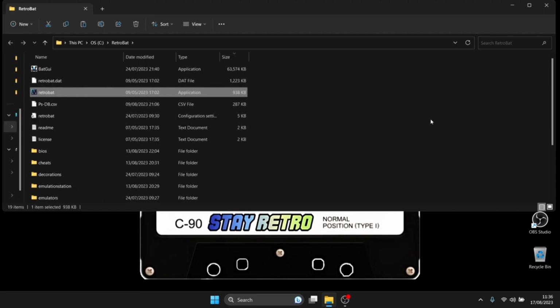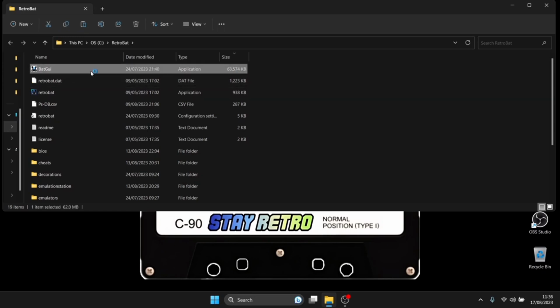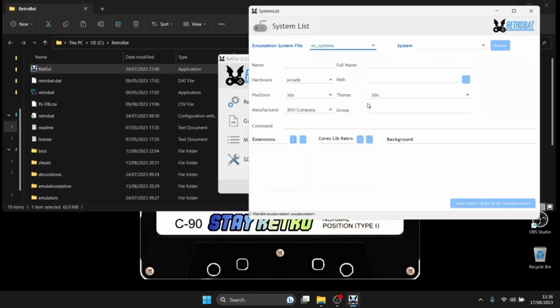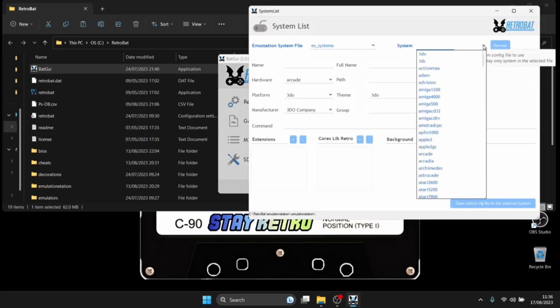And of course, if you want to add games and BIOS files and so on, it's very important that we get into this directory. So most crucially for Xbox 360 and Retrobat is BatGUI. So let's just open up BatGUI. Now, there's a couple of things I'm going to show you in this. So if we firstly go to System List and open up System,